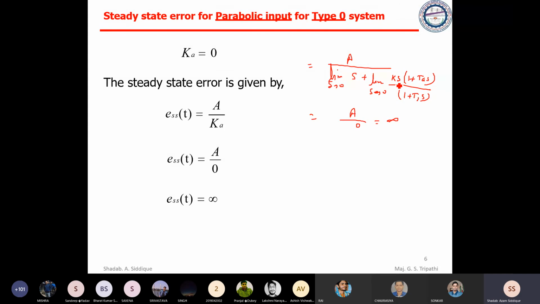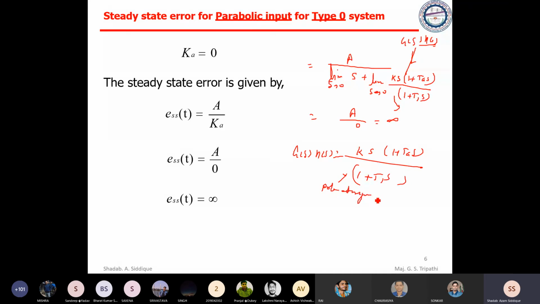हाँ, ये प्रॉब्लम देख के आपको क्या लग रहा है? इट इज अ टाइप जीरो सिस्टम और टाइप वन सिस्टम, जी पोल एट ऑरिजिन, इट इज अ टाइप जीरो सिस्टम ना, पोल एट ऑरिजिन यस सर। टाइप जीरो सिस्टम, इट इज गिवन एज जीएफएस इनटू एचएफएस। सी अभी फॉर्मूला में क्या है, जीएफएस इनटू एचएफएस, हमारा ये वैल्यू है। सो वी हैव गिवन जीएफएस इनटू एचएफएस व्हिच इज इक्वल टू केएस इनटू 1 प्लस टीएएस डिवाइडेड बाय 1 प्लस टी1एस। ओके, ठीक है, यस सर। इतना दिया हुआ है आप। अभी आप इसमें देखिएगा जीएफएस इनटू एचएफएस इतना दिया हुआ, पोल क्या है आपका? जीरो है, पोल एट ऑरिजिन, origin equal to 0, that is n equal to 0, so that is type zero system, टाइप जीरो सिस्टम। ठीक है, इतना क्लियर हो गया?